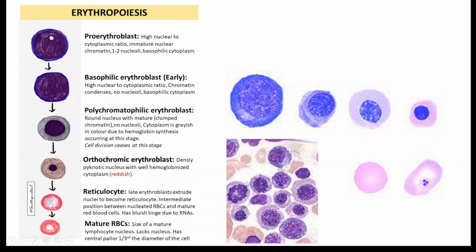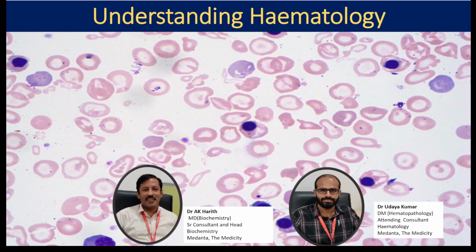Another unique feature of megaloblastic anemia are presence of these characteristic cells called the megaloblasts. Now you can see that the nucleus is very big, but the hemoglobinization has also occurred quite a bit. So this is a nuclear cytoplasmic asynchrony, and the characteristics of this nucleus is that it is sieve-like, clumped and sieve-like. This is a characteristic feature of megaloblastic anemia.